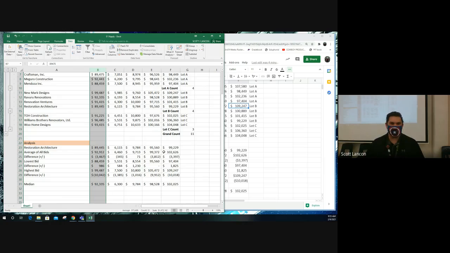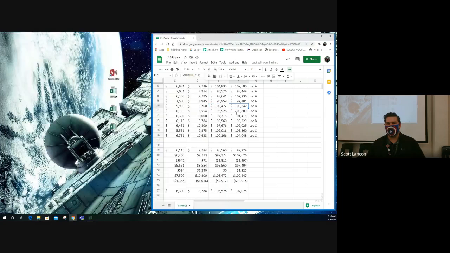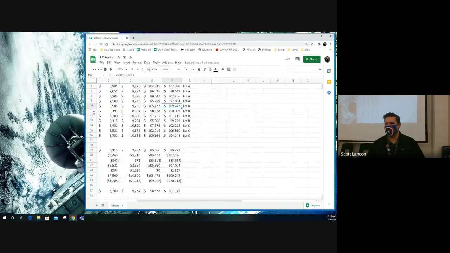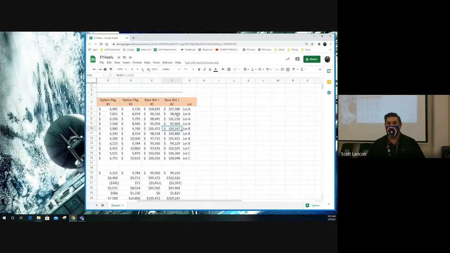Now you can save this. If you are doing this in Excel, you can save this and you can close it and you are done. Not so fast, Google Sheet users. You are not done because unfortunately you don't have the fancy